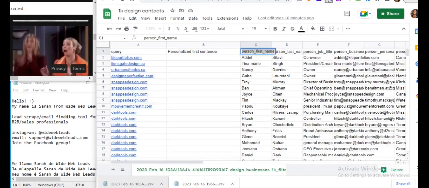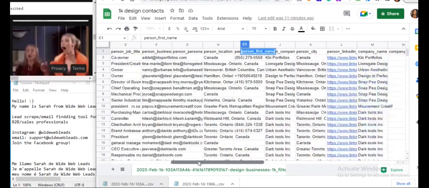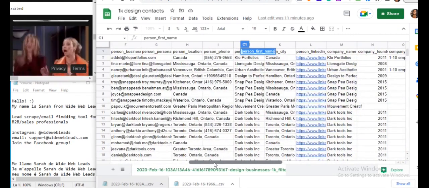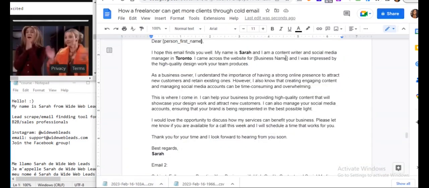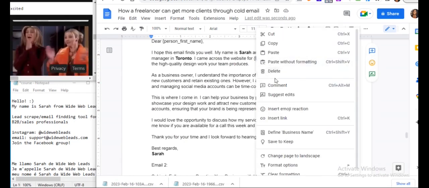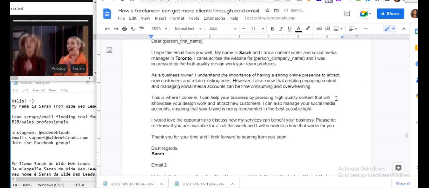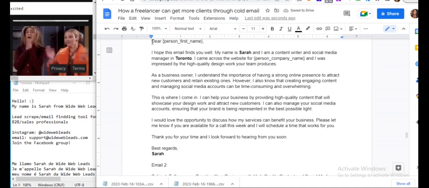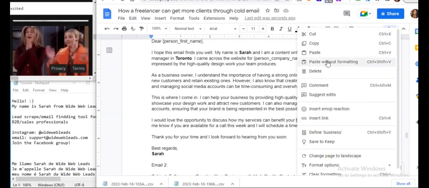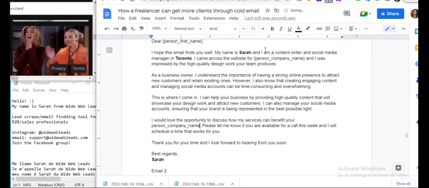And business name, it is called person company name. So that is what I'll put here. Boom. And can benefit person's company name with the squiggly line.